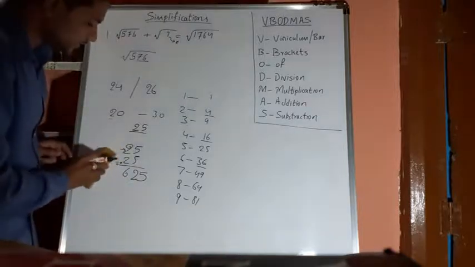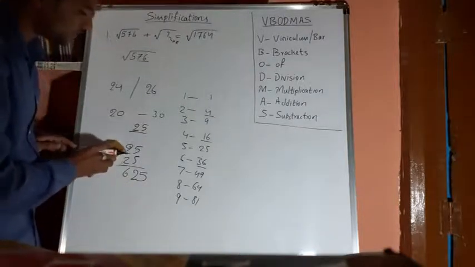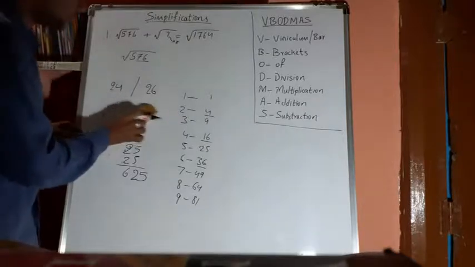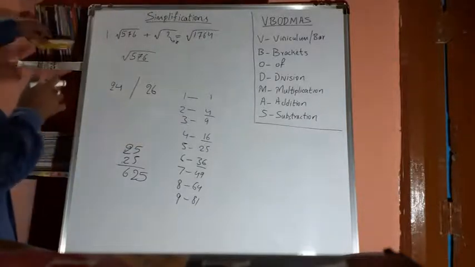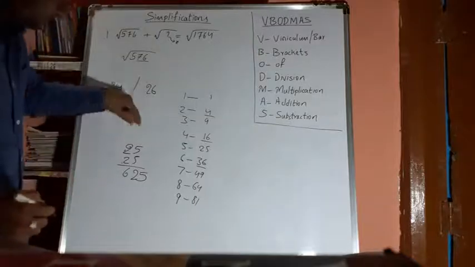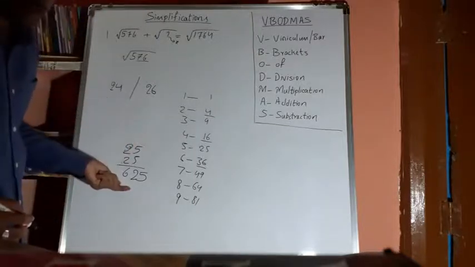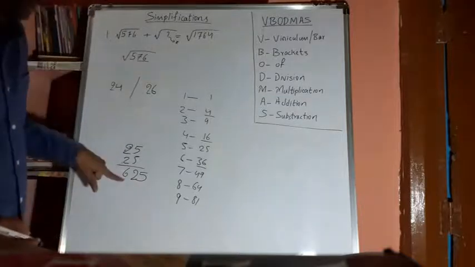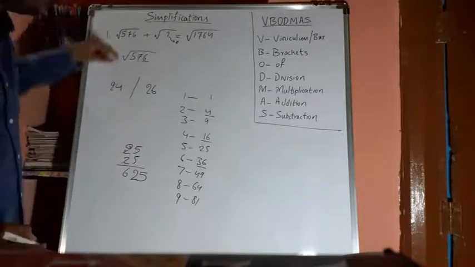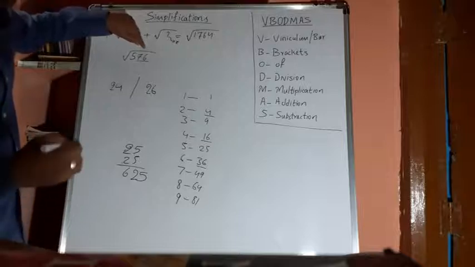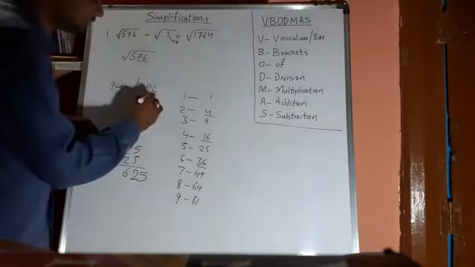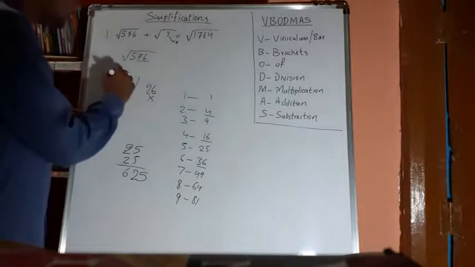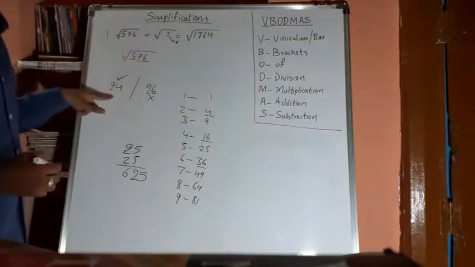Now compare this number here, friends. Compare this number with your answer. What are the answers we got? 24 and 26. See here, friends. For 25, we are getting a number greater than 600, right? Means obviously for 26 it should be more than this one, right? But what is our given number? It is within the 600. So definitely we can say that this is not the answer, right? So definitely we can say the square root of 576 is 24.